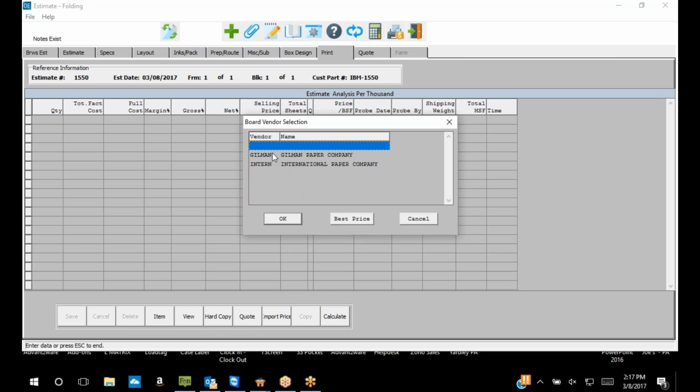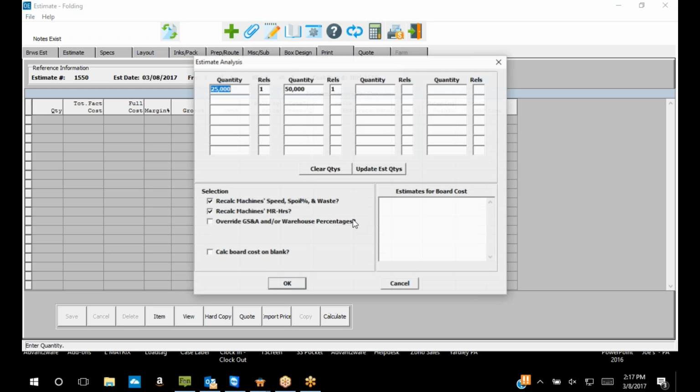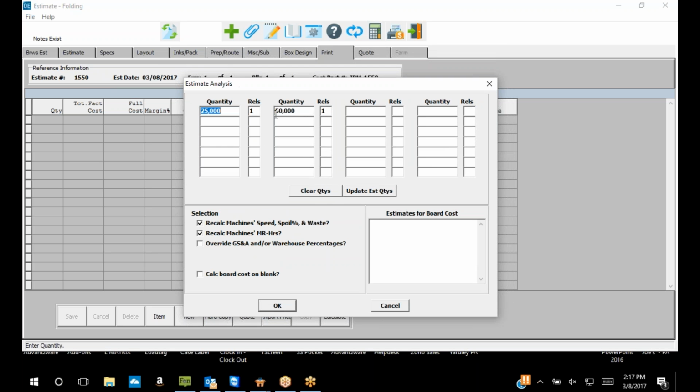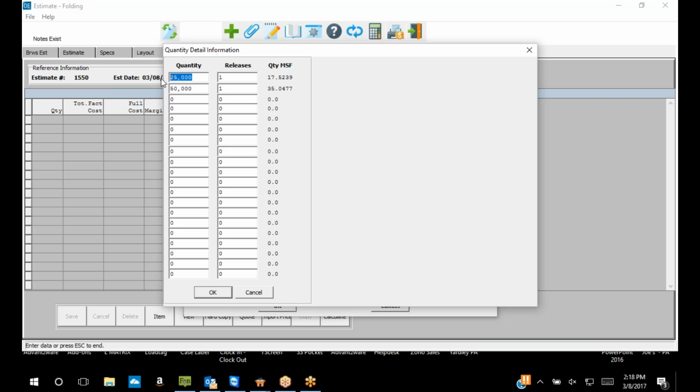say calculate, I could pick a specific vendor, or I could have what we call a blank vendor, which could be a blend of all the vendors' costs, or I could say pick the best price. Now when I calculate this, my quantities that I originally entered on that first screen are available, but I could clear them and I could type in something else, or I could say update estimate quantities, and it takes me right back to that original lookup where I was entering quantities, and I could put additional quantities in, and then